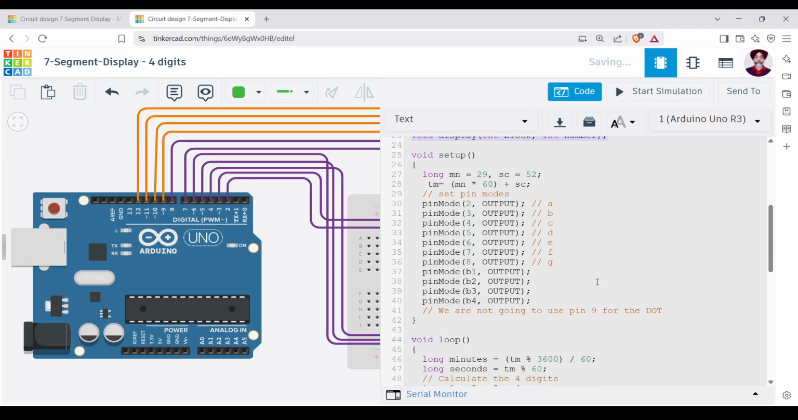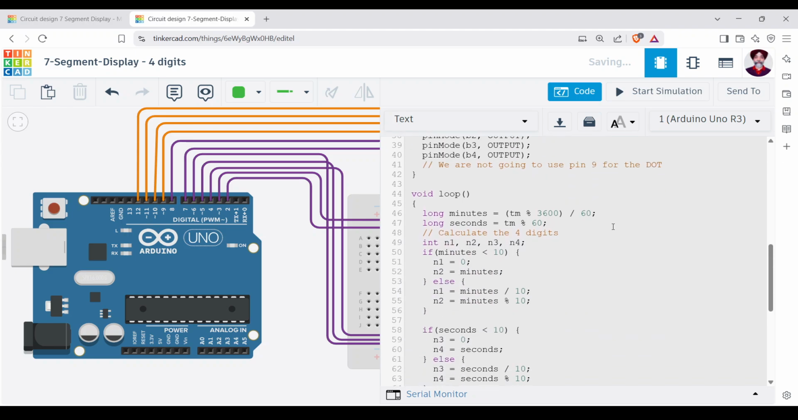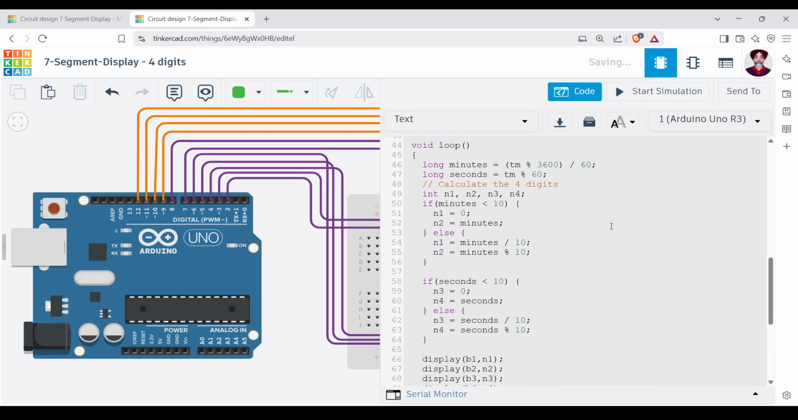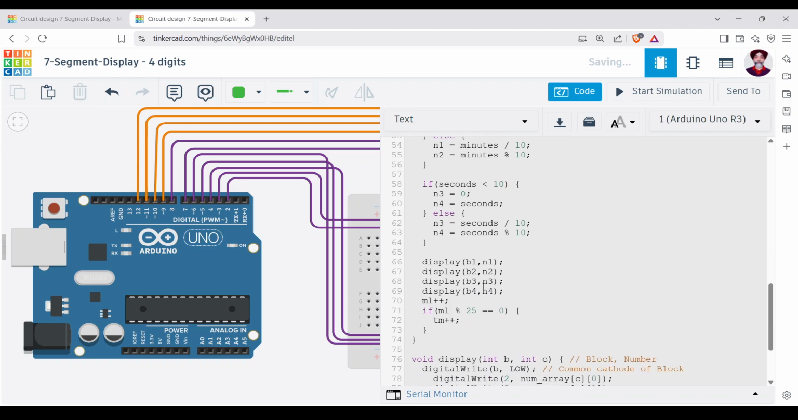I'm starting my clock at 29 minutes and 52 seconds, and this is the time in seconds. We have done this calculation before. Minutes multiplied by 60 becomes seconds, plus SC, which gives me the total seconds. So 29 times 60, whatever it is, plus 52, as we have done earlier. Now TM I have used as the time in seconds, but the time in seconds should be converted back to minutes and seconds,